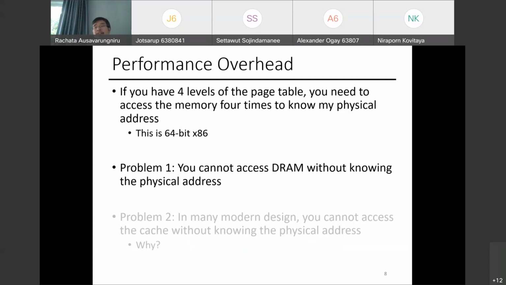I want to access my data in DRAM. I don't have the physical address. I only have the virtual address. So how do I fix this? Right now, this is the processor side. The processor has